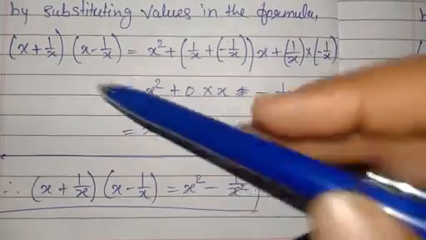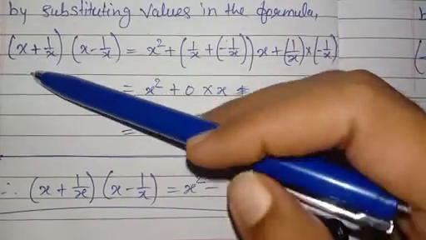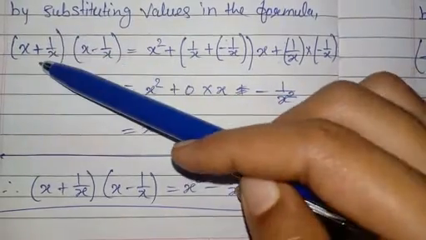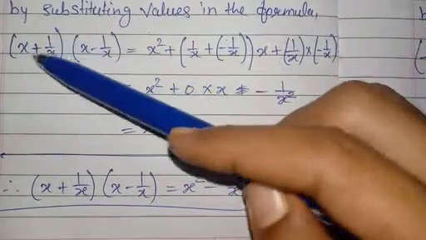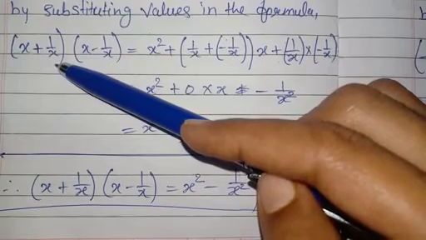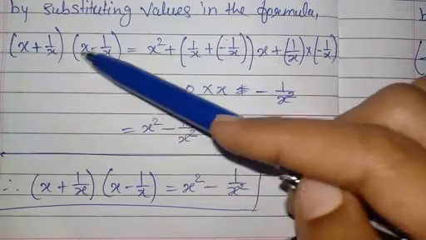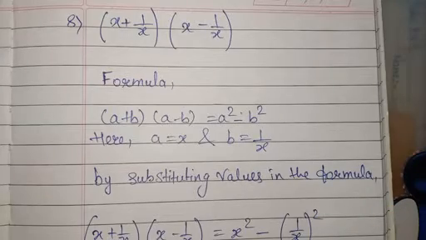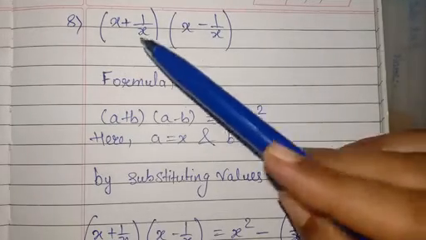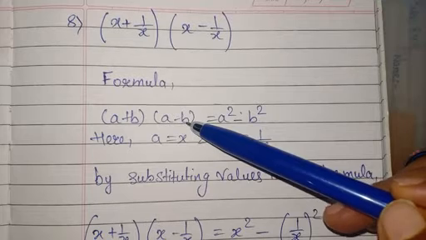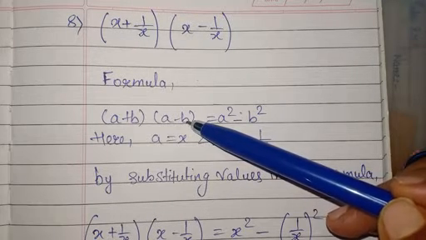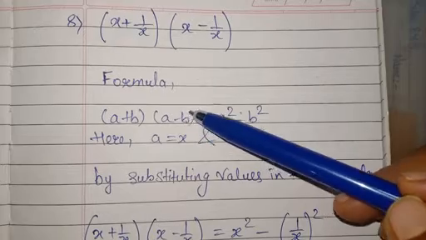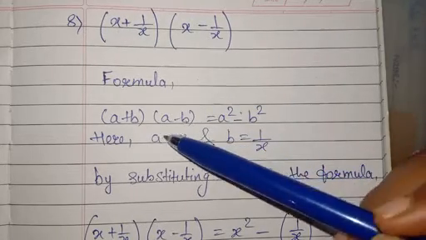Now you will think, in this sum also both first and second term of both the brackets are same. So you can use that a square and b square, that is a plus b into a minus b formula also here. Okay. See children, 8th sum, question number 8 you can write by using this formula also. Okay. So you write down both the solutions, and in exam any one you can, by any method you can solve. You can use any one formula.